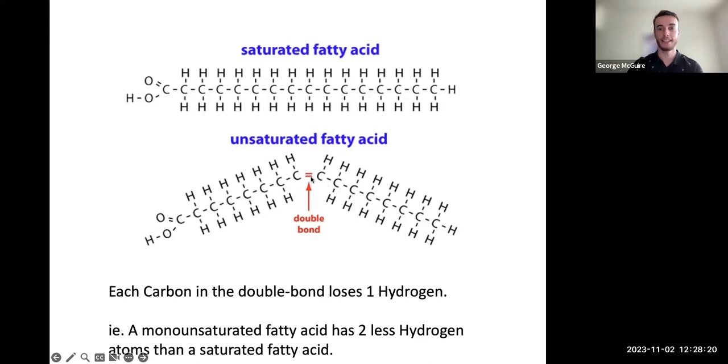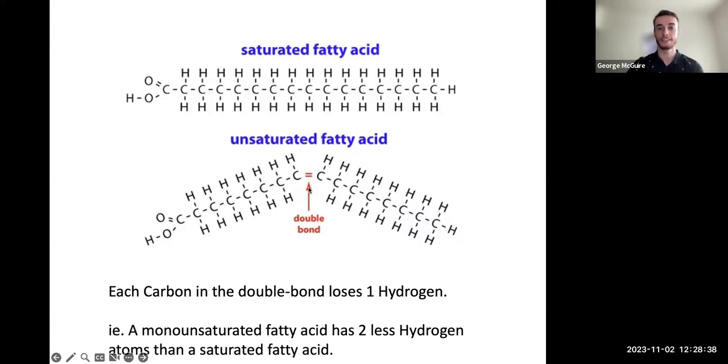Unsaturated fatty acids have a double bond, right? So 2 of the bonds from each of these carbons here are being given to each other. So there's only 1 available bond left for a hydrogen. And so in this case, a monounsaturated fatty acid like this one, which only has a single double bond in it,